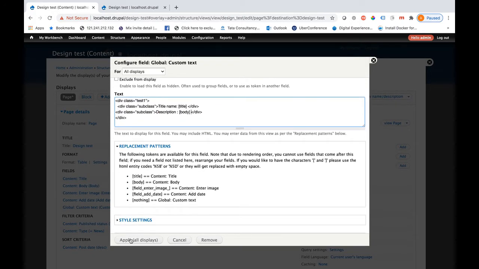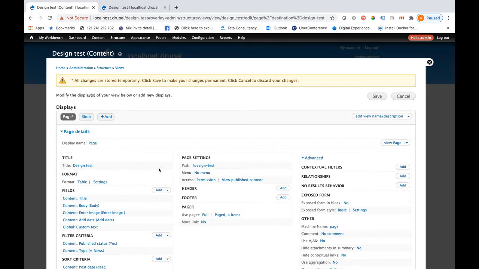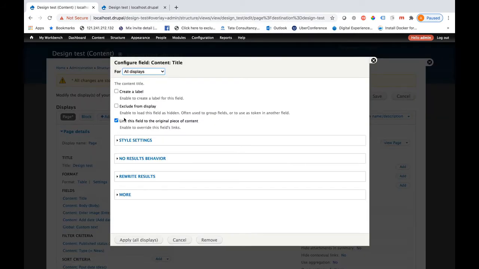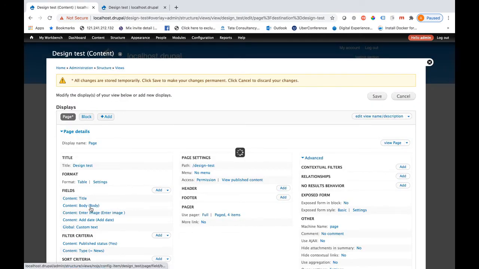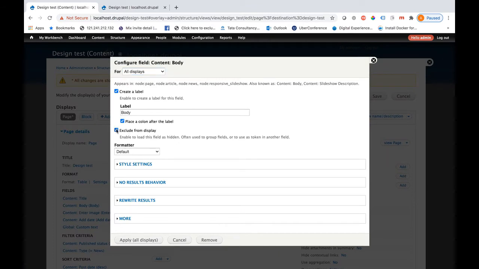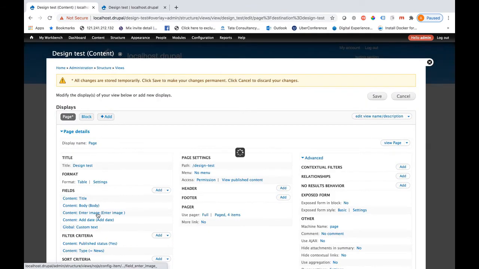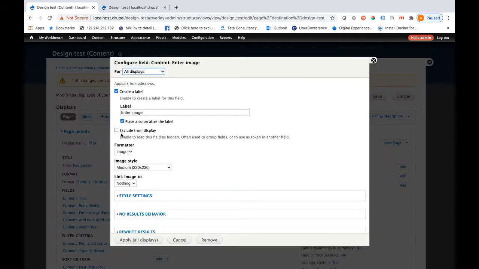So friends, you take all the fields whichever are required for your view, but for example I am taking only two fields. Now you need to disable all these fields. How can you do that? You need to go into each field and exclude it from the display. I am excluding one by one, otherwise it will also display along with your global text area. That is the purpose of hiding that.